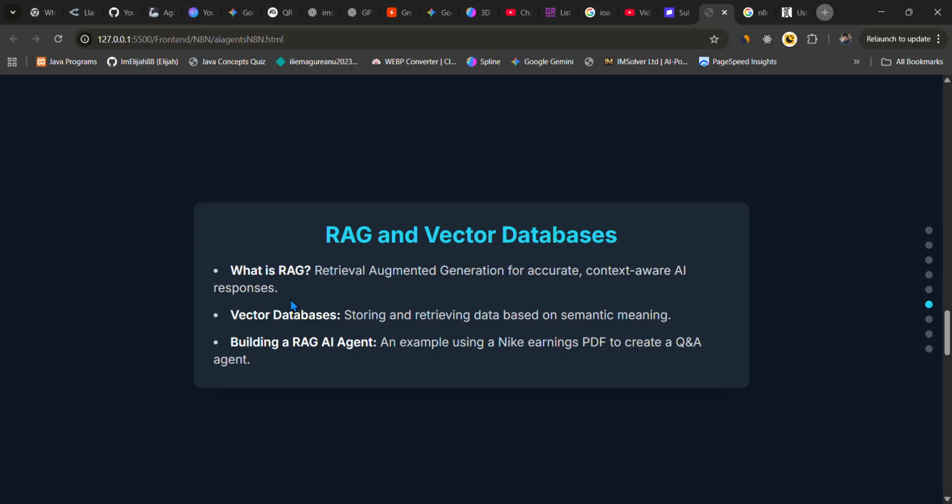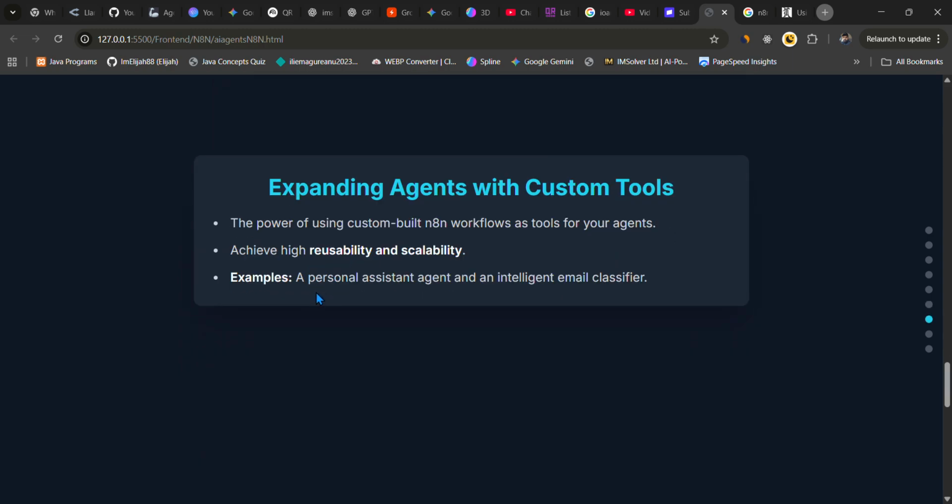Anyway, slide 7. Let's move on. Expanding agents with custom tools. One of the most powerful features of N8N is the ability to expand your AI agents with custom tools.